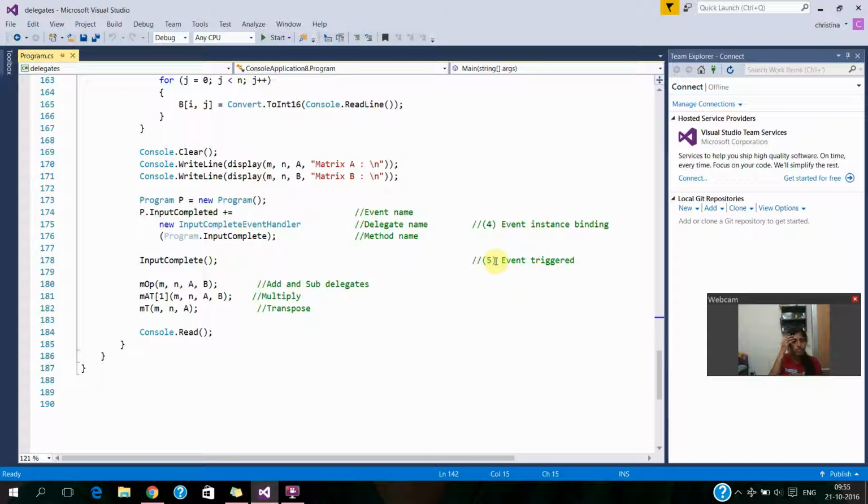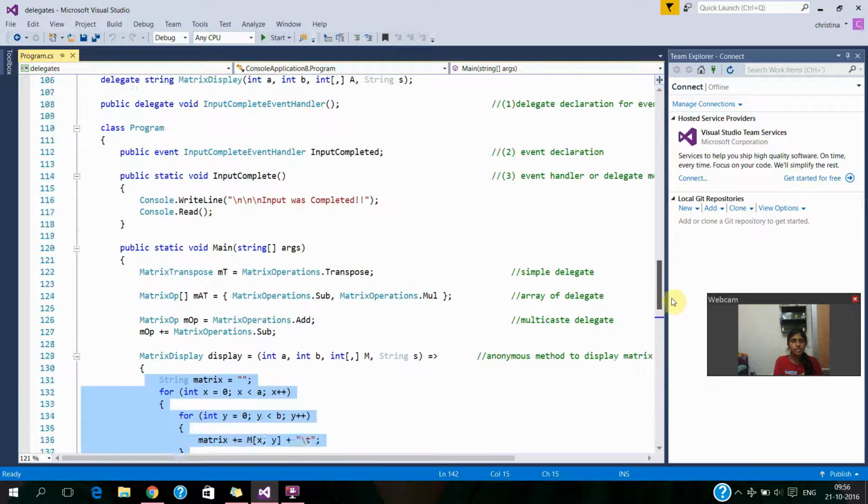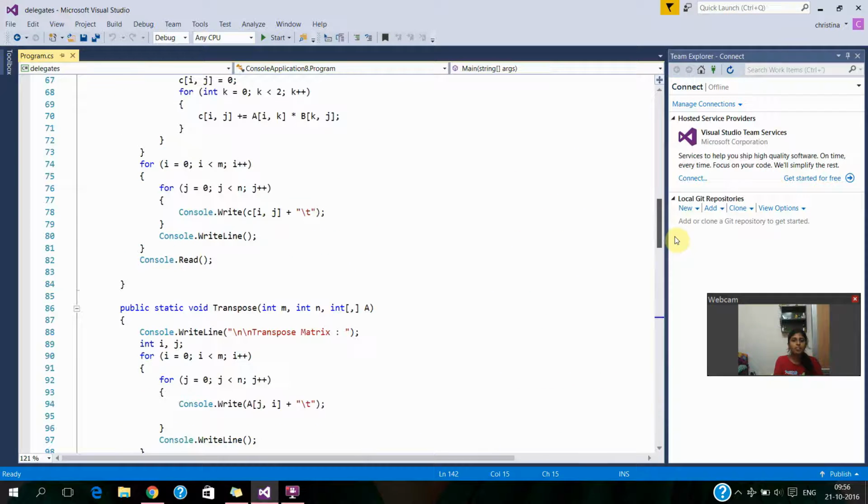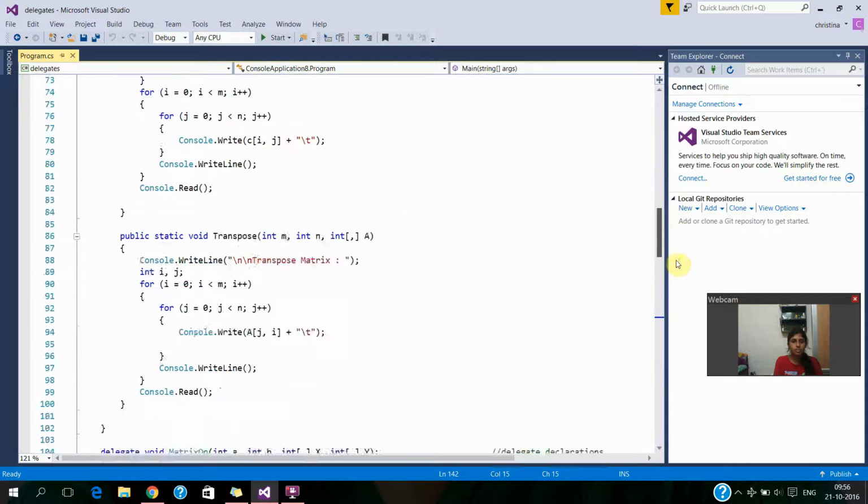Then there is an event instance which specifies the event name, delegate name, method name. The event name refers to p.input completed, the delegate name as new input complete event handler, and the method name as program.input complete. Since both the methods have been displayed under the void, we must enter the number of the rows